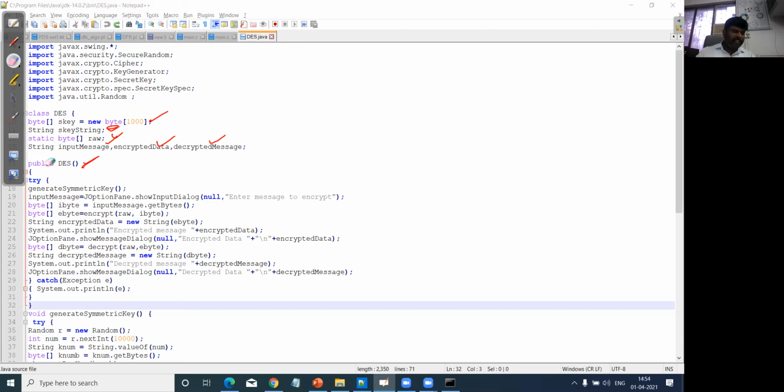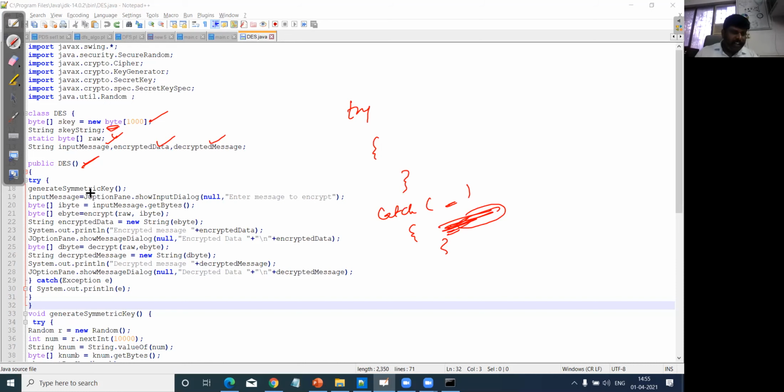The first thing is try catch. Why do we need to go for try catch? In case you get an error, try and followed by catch, where you will get an exception error. Whatever error you are getting will be captured here in the catch function.